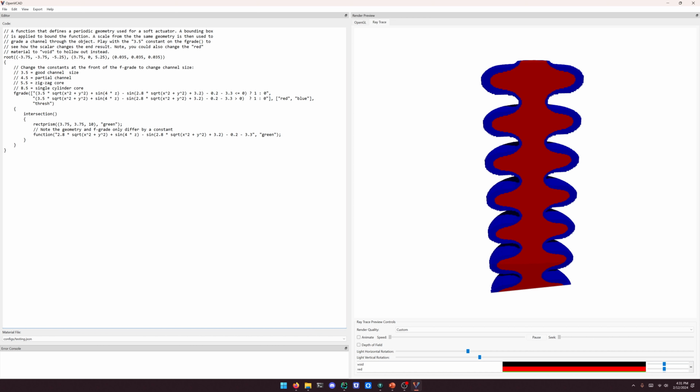Now, what's something we can do with this is, since this is the same function we use down here with a different coefficient on the front, we can use it to create different channel sizes. So right now we're using 3.5, which makes for a good channel size. We could envision this red material perhaps as representing our air channel that's going to be going through here, and the blue material soft, and it's going to inflate and bend the actuator. But we can change it. So if we make it